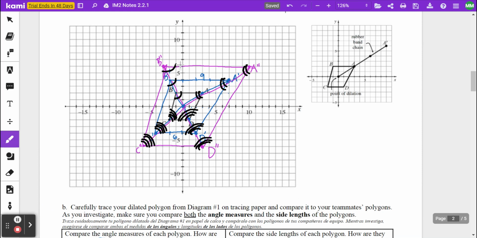For my double prime polygon, I've got length 2, 4, 6, 8, 10, 12. 13. Let me count again. 2, 4, 6, 8, 10, 13. That doesn't seem right. I have to double check that. Okay, let me see down here. 2, 4, 6,